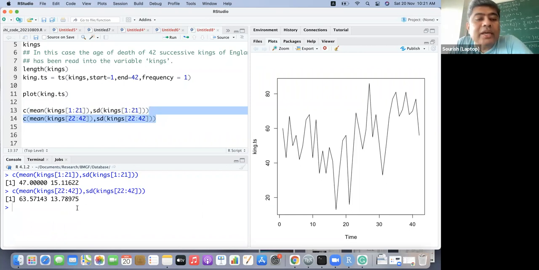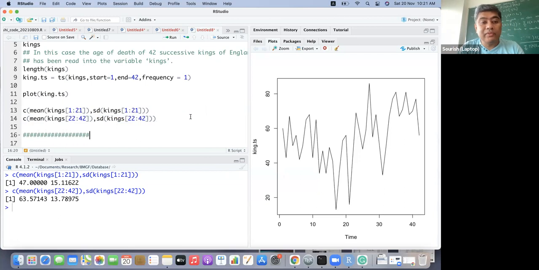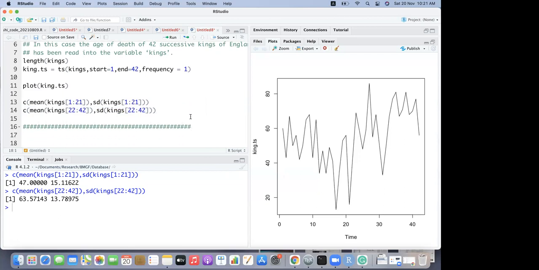So variability has not reduced. We can say variability is not being reduced much. It is almost the same, but average life expectancy has gone up, it looks like. Okay, so this is one kind of data set to begin with. We can't say much.